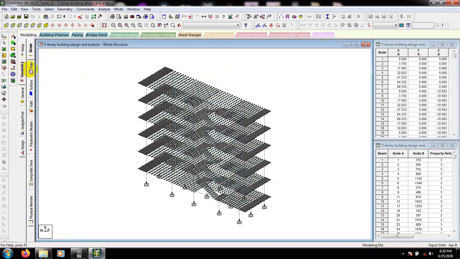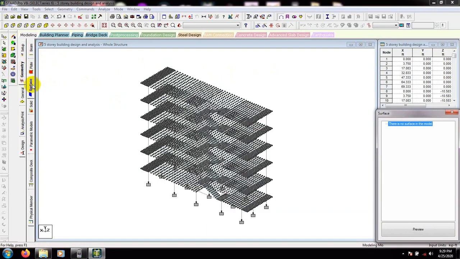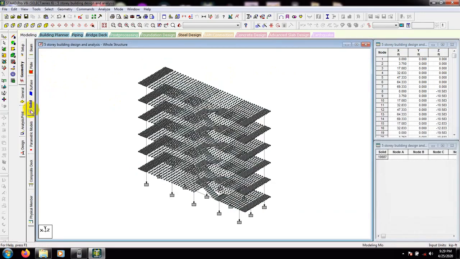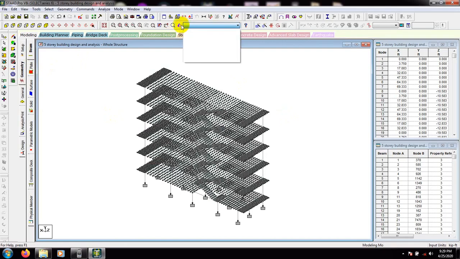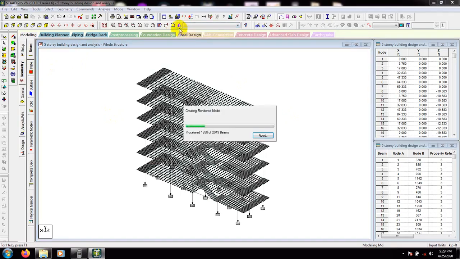Geometry, plate, surface, solid, beam. Okay, for geometry it's done now. And again, if we go here, go to in 3D mode,